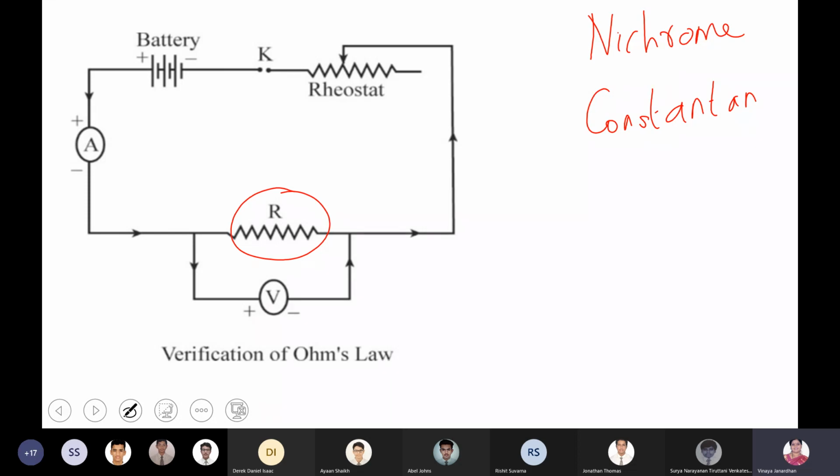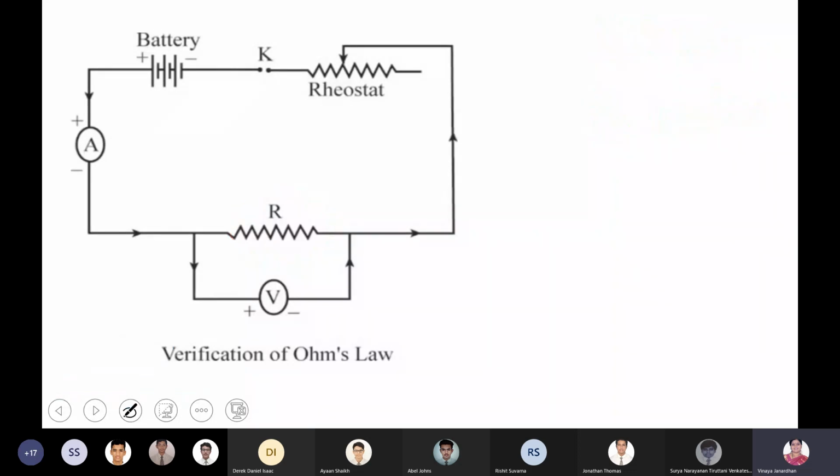Now, if you see the wire, you will have a cover on which the wire is wound. When you start the experiment, what do you need to do? From one end of the wire, you have to connect two copper connecting wires. You know the connecting wires you have used in your lower grade. Now this is the red one. This is the wire which is made of nichrome. So one end of the wire, you have to connect two copper wires. Is that clear? The other end also you have to connect to two copper wires.